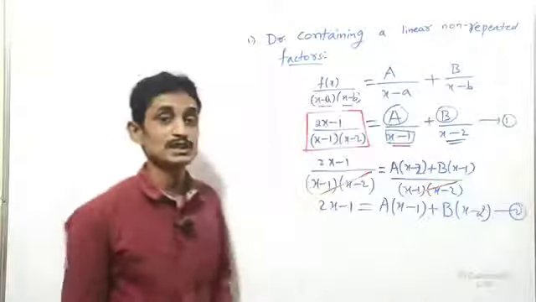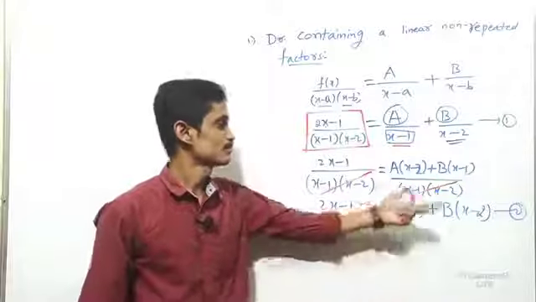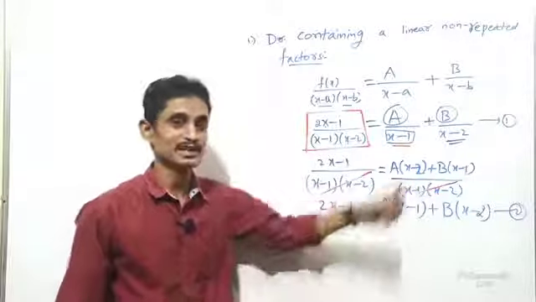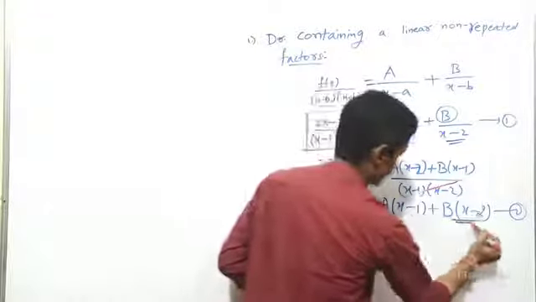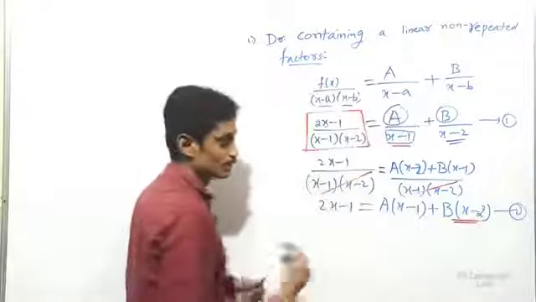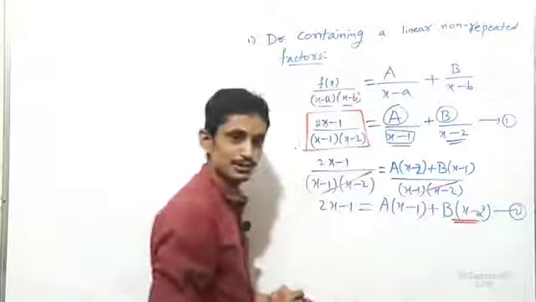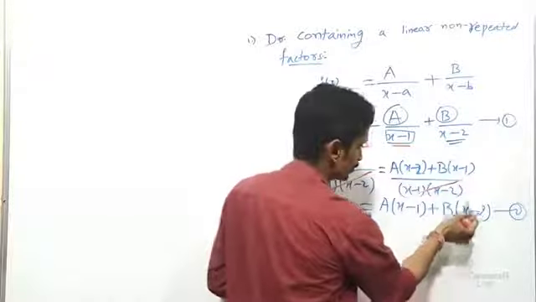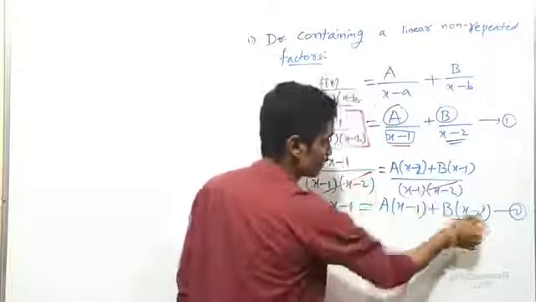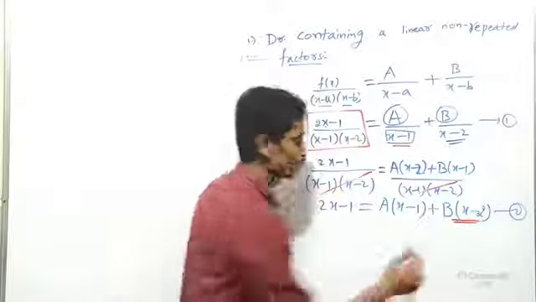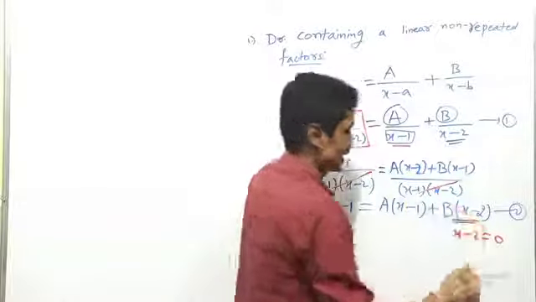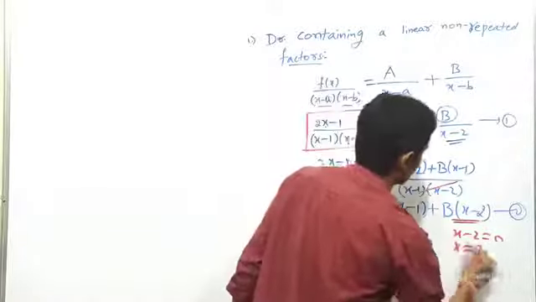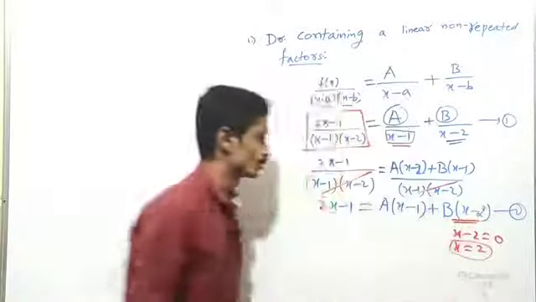What is the second method? Elimination method. Some term we eliminate, delete it here. How to delete? Here I want to eliminate b. To delete b, multiply by 0. So multiply by 0 means how to make this 0? x minus 2 is there. x minus 2 will be 0 for what value of x? Transpose that side, you will get x equal to 2.